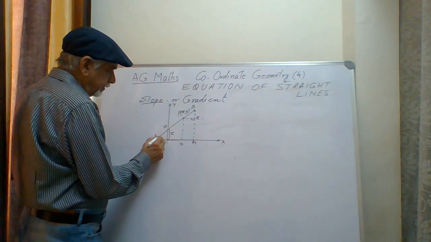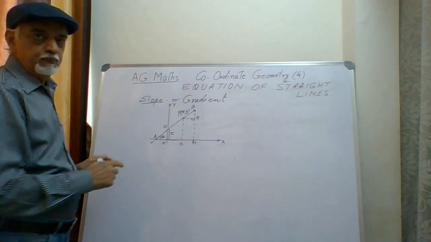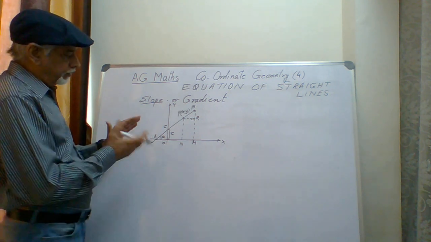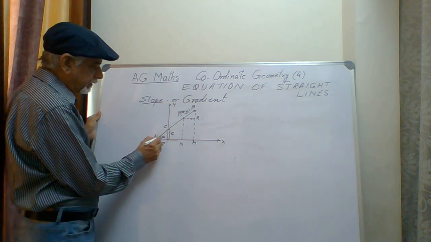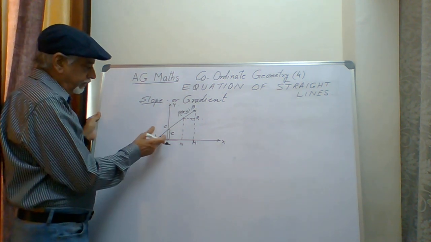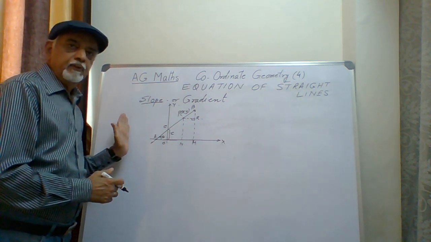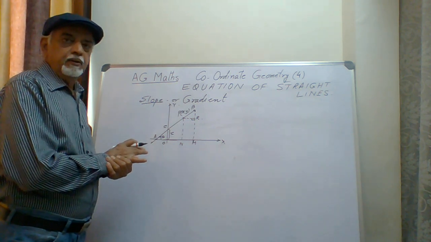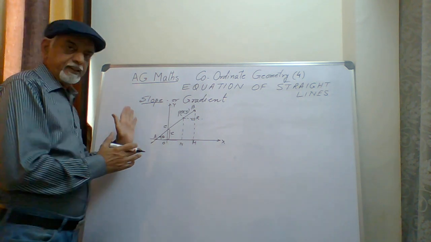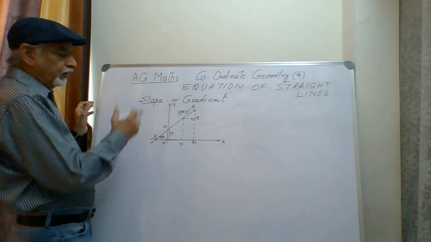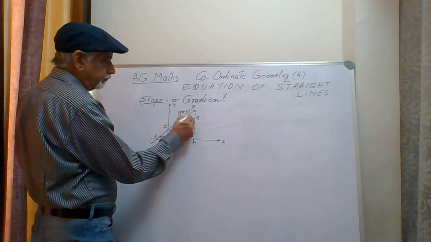Now, if we say that this angle is theta, the slope, as we talked about, the slope is the inclination or the angle in the positive direction of the x-axis. Positive direction means we measure the angle anti-clockwise. The angle may be acute, may be obtuse. If it is obtuse, the value will become negative, as we know that tan value in the third quadrant is negative. So obtuse angle will be negative, or even in the second quadrant it will be negative. Only in the first quadrant tan is positive. So now this angle theta, that means this is also theta.